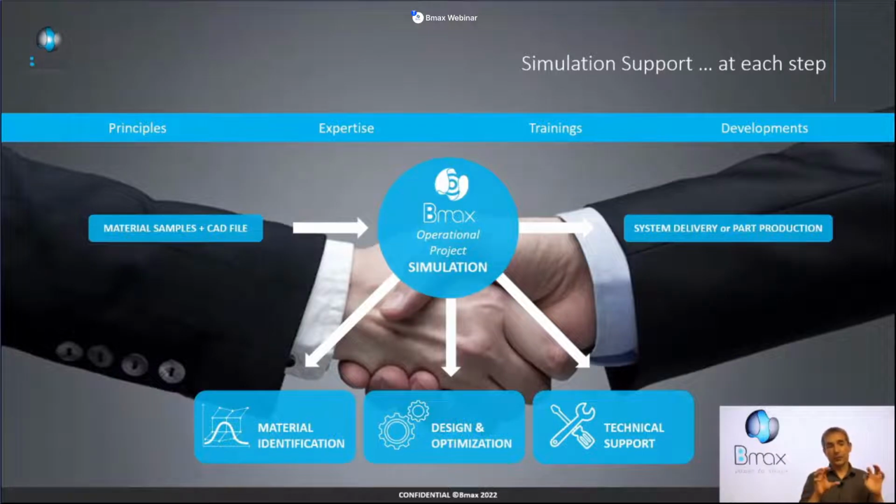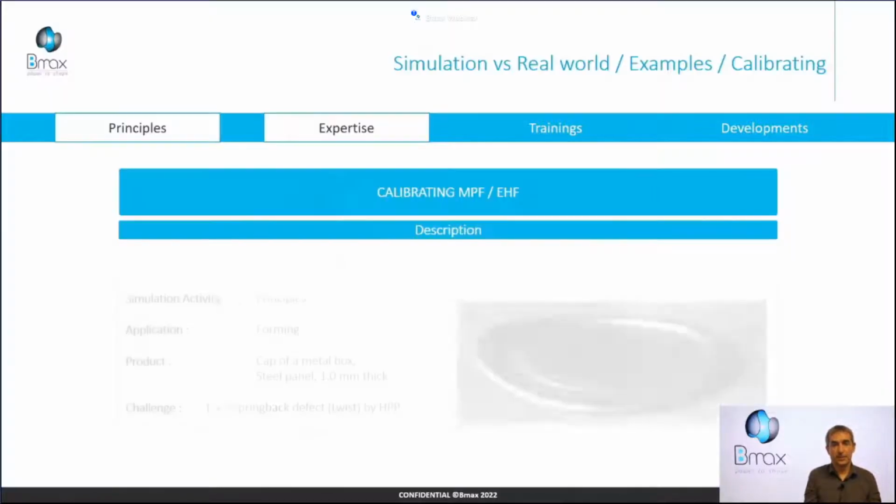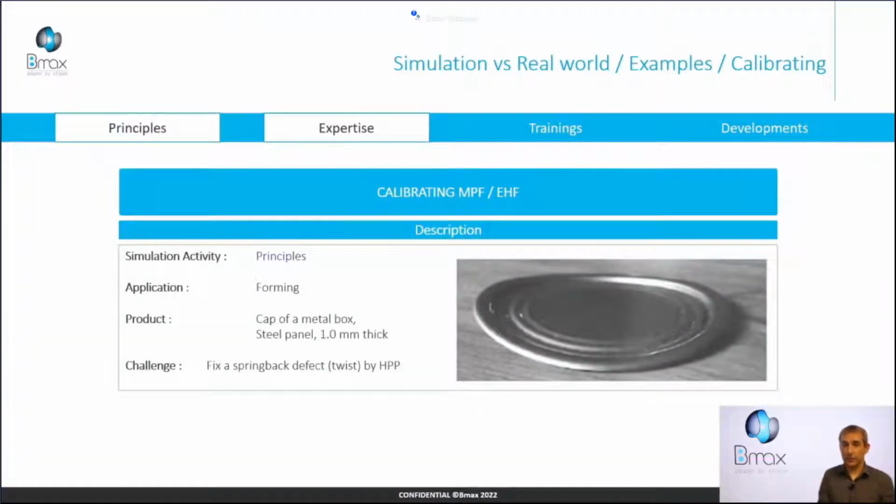So to describe all these kinds of activities, we highlight the benefits of simulation for each process with a very, very simple study case. The first one is calibrating. Here we want to form, with a conventional forming process, a plate with 2 grooves. It's a steel 1 millimeter thick.